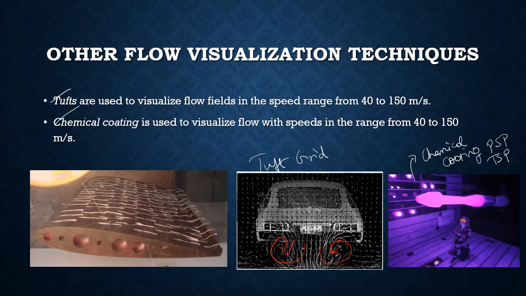Here this is said to be a jet, one kind of missile, or one kind of space shuttle, right? You are keeping it inside the tunnel. What does the pink color indicate? It is nothing but glowing paint, that is fluorescent paint. Here pressure sensitive paint is nothing but fluorescent paint. You have to apply some fluorescent paint. That fluorescent paint is called chemical coating paint.